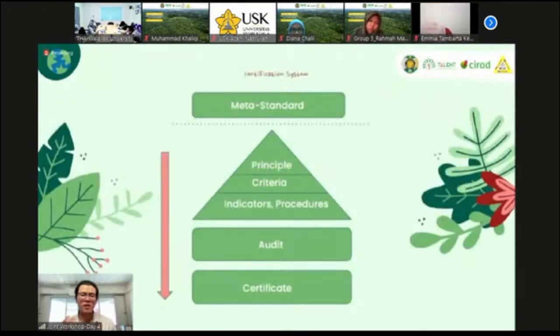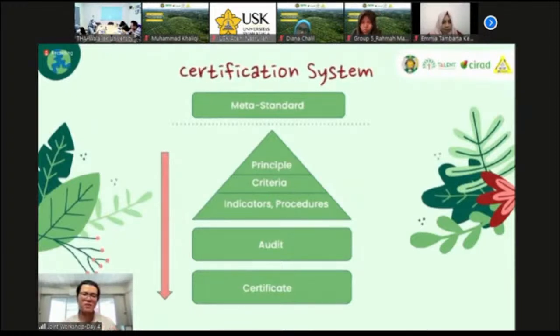The EU Renewable Energy Directive, or EU RED, constitutes a meta standard that defines sustainable biofuels through a set of criteria. This is the certification system. Existing standards are benchmarked against the meta standard and have to sufficiently guarantee that the EU sustainability criteria are complied with. And the existing standard must have auditing and verification procedures in place. If a standard fulfills all these requirements, the EU will recognize the standard as a qualifying standard.